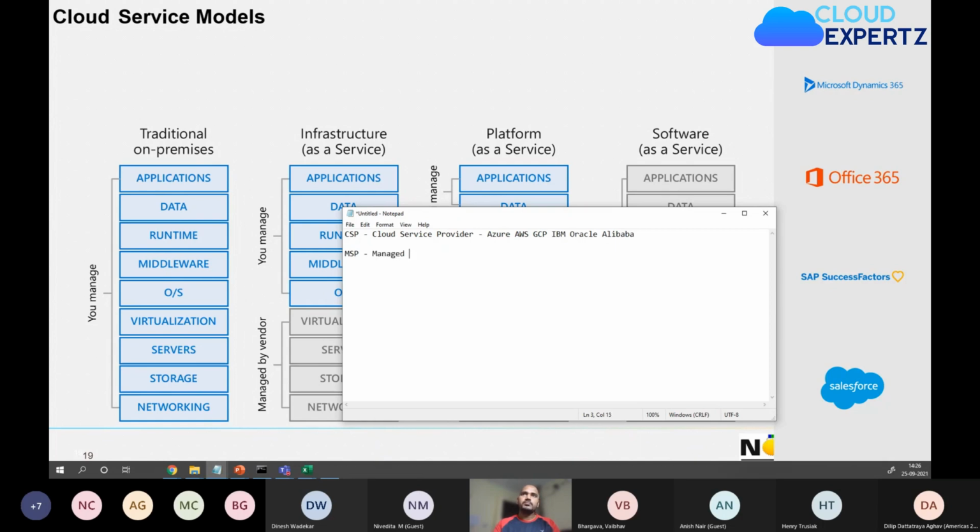MSP stands for Managed Service Provider. These managed service providers have also come up with a couple of service delivery models on top of these models, on top of IaaS, PaaS, and SaaS. These models are